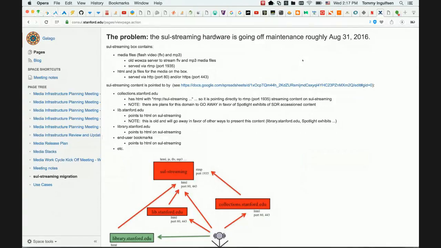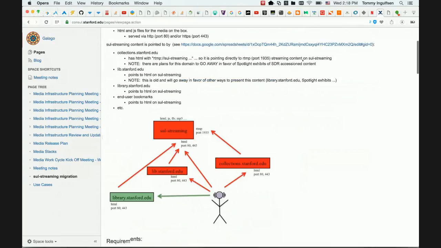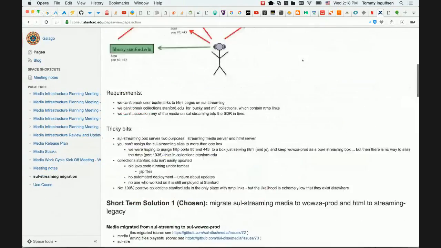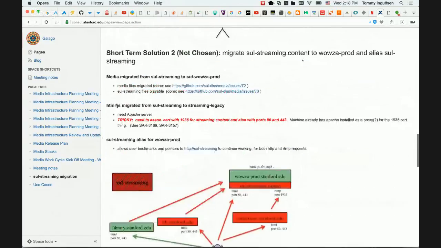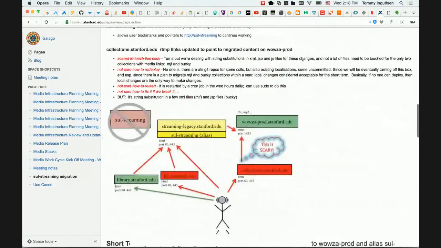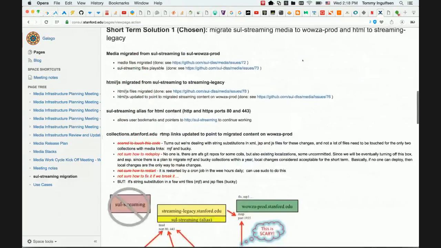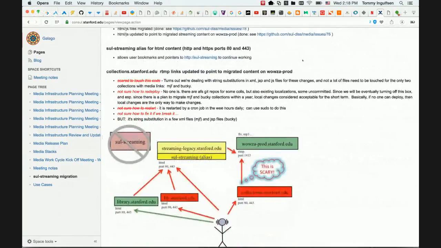So basically, the long-term solution for these videos that lived on this one-off box is that we want to accession everything and then put it into our new WAS server, like everything else. But we're not ready to accession all these materials yet. So the solution that we've basically come up with, and I'm just going down this page, is called Streaming Migration, for those that are interested. The solution that we've come up with here is basically, in short terms, just rename some URLs and direct them over to our new